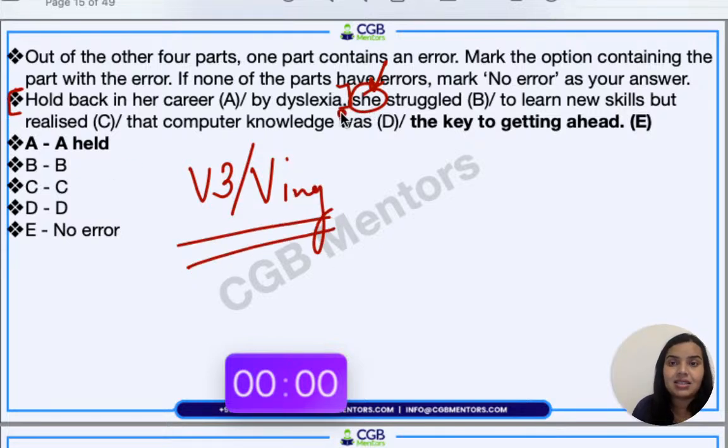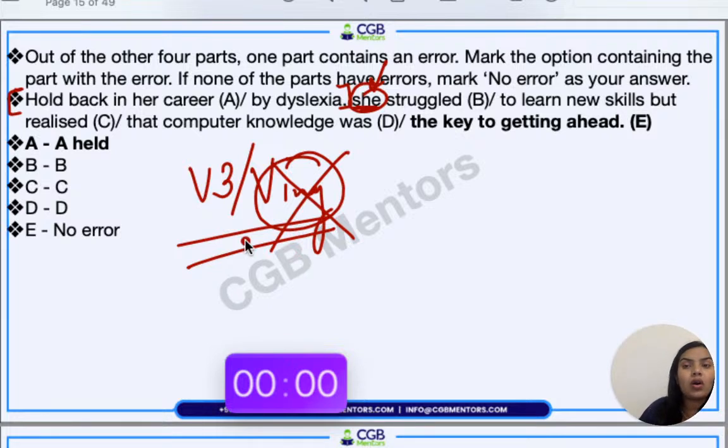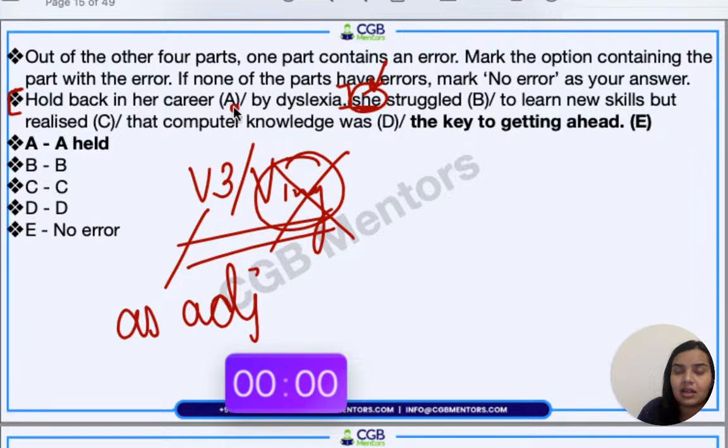There are two ways in which we can begin a sentence this way, to explain the main subject. So 'hold back', no. 'Holding back in her career', now V1-ing will not be suitable because it is not an ongoing thing, but it is already done. So we are going to use V3 as an adjective, that is, held back in her career